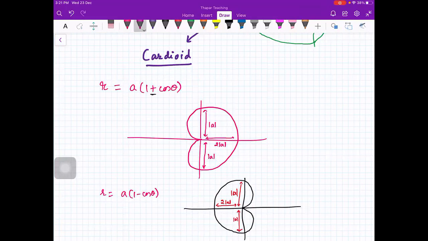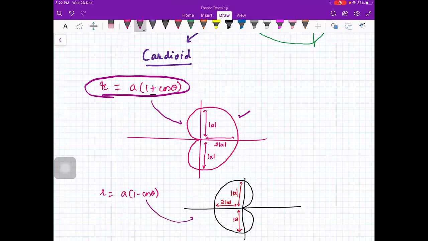Okay. So you get it that R is equal to A into 1 plus cos theta. It is a cardioid. The plot looks like this. You don't have to remember this thing, but you should try to plot that exactly. This cardioid I already plotted for you, right? So this is the right cardioid. This is the left cardioid, and then you can have R is equal to A into 1 plus sine theta. That you all will try. All these four plots you will do.